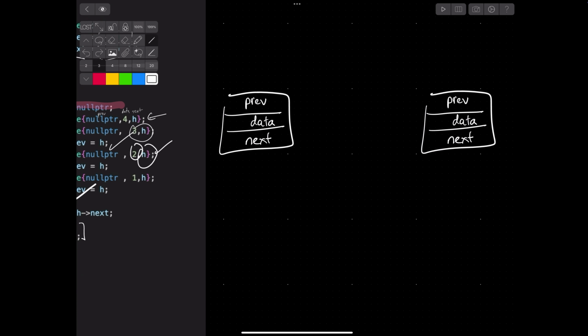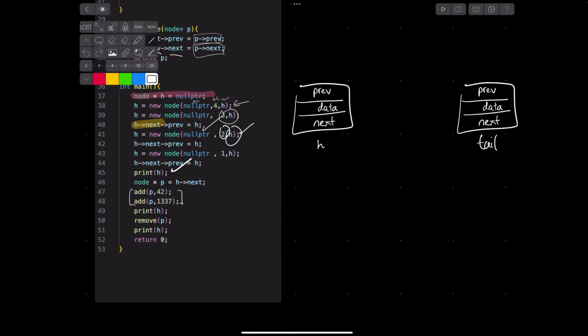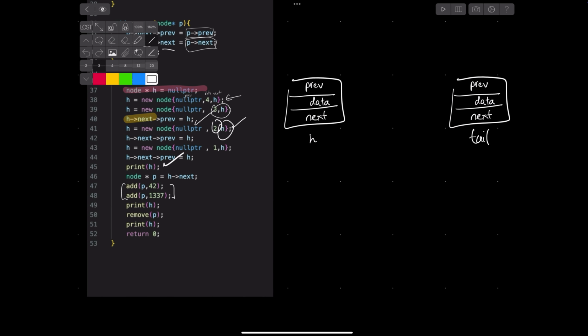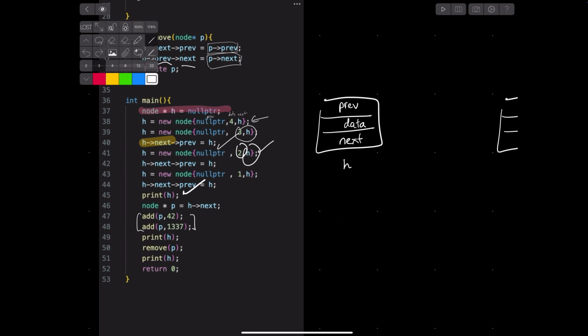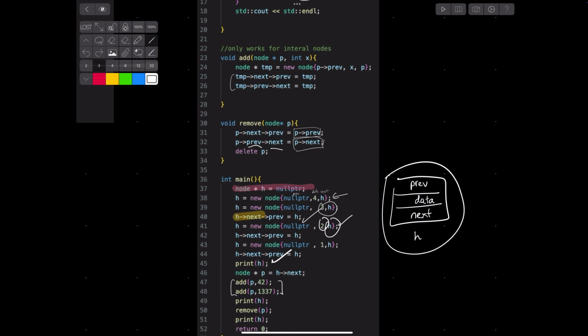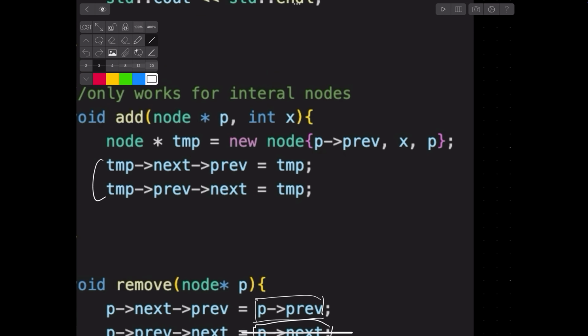And we're going to call this H. And this can be whatever. It could even be the tail or some other intermediary node. And now we're just going to start to add elements. So if we're at the head, our add function over here has an issue where it